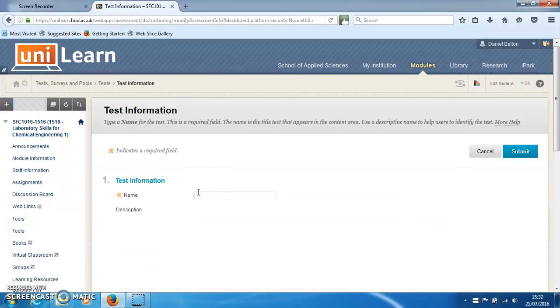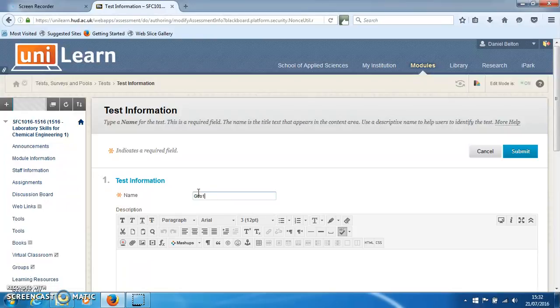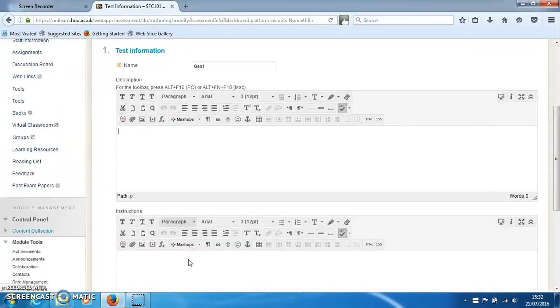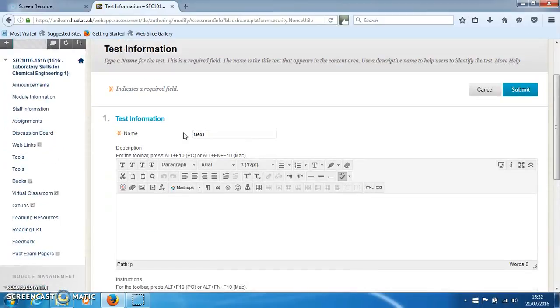And I'll give this a name, GO1, and you can add a description, you could add instructions, and so you can give additional information to the students before they take the test. If there's particular things that you're going to do, for example setting a timer, whether you're going to force them to complete it in one sitting or whether you're going to allow them to log back in and complete it at a later time, and different things like that. Or if they need to answer all of the questions, just extra bits of information that you might want to give them. Press Submit,